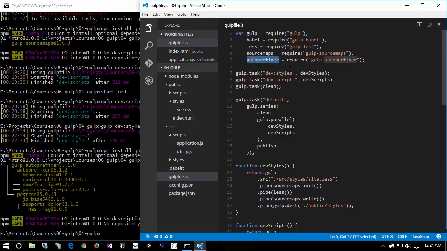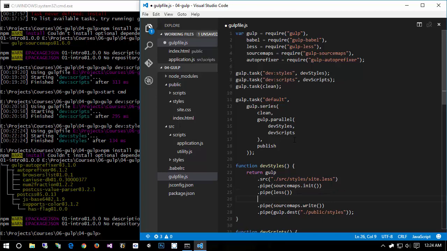And now I have autoprefixer. To use it, I'm going to come down here to my dev styles, after I transform less. This is important because we don't want the autoprefixer dealing with less code. We want to deal with CSS code. I'm going to pipe it into autoprefixer, and then for my options, I'm going to pass in